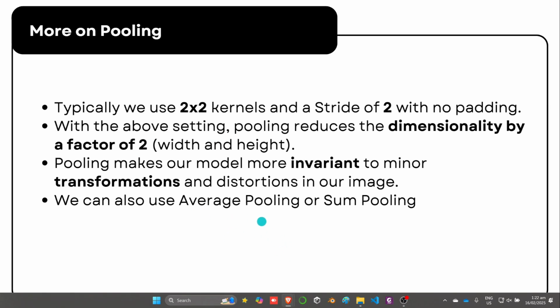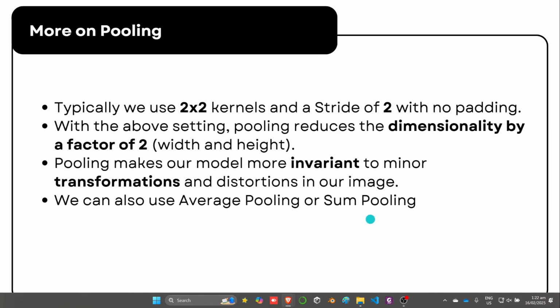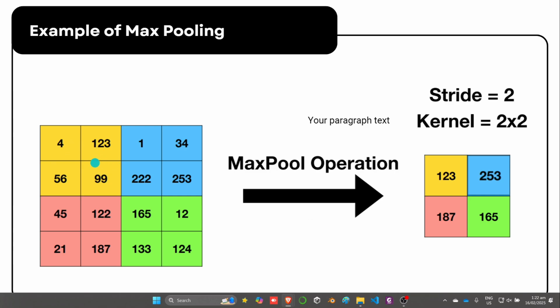We have average pooling and sum pooling here. As you can see, we can operate an average pooling operation instead of max pooling. So we need to take the average of this, then put the average in here, next and next. Same as the other one, the sum pooling, obviously. So you need to add each of these blocks here, and then this is the sum, for example.